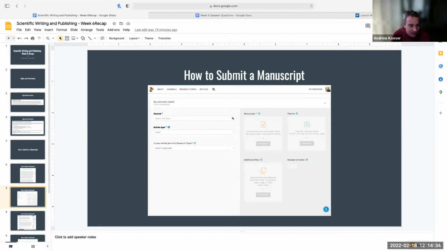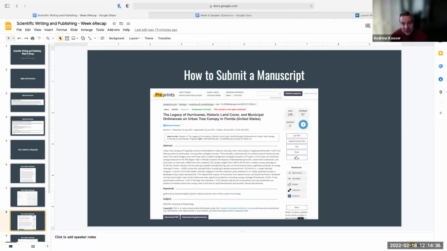So once you get through that process, it'll go to the next stage, which we'll talk about next week. But there are some other things that may happen at the submission stage. Some journals, and MDPI is the one that I know, will ask if you want to submit a preprint. And a preprint is just putting up the unreviewed version of your manuscript out there for people to look at. And everyone can look at it.